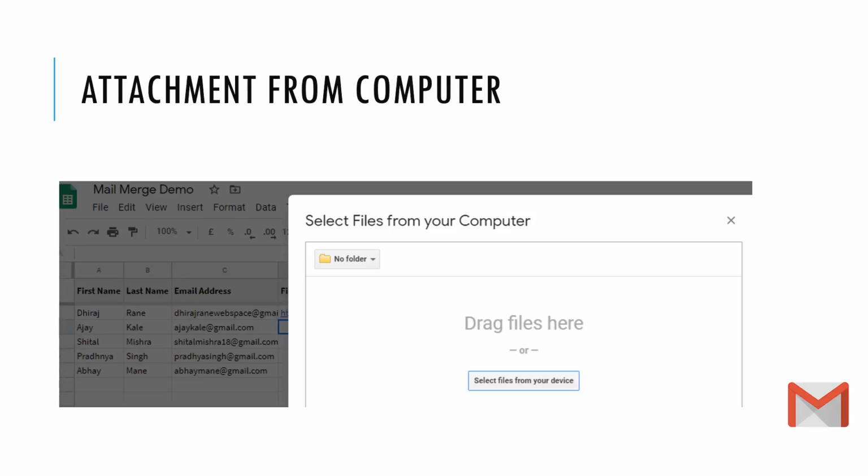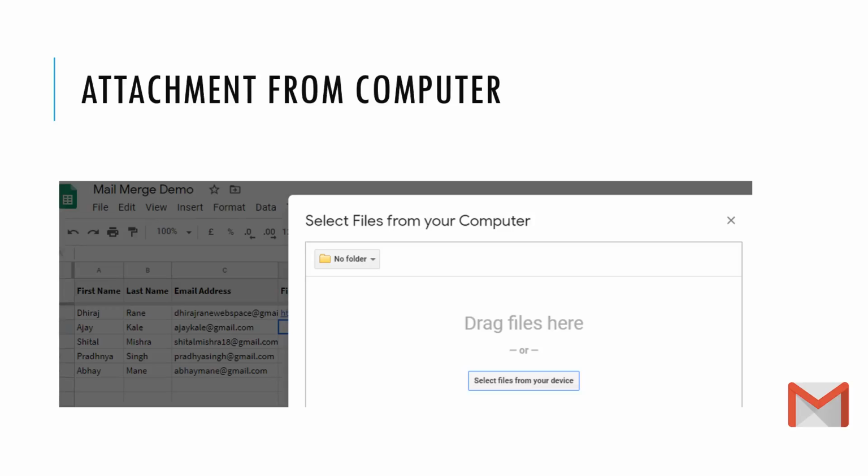The next option is adding single documents from the computer. If I'm selecting the second option, you will get this window, and you can see here: Select file from your device. If you click it, it's a very common idea. It will open a select dialog box, and you can select one of the documents that will get uploaded to the Google Drive. It will generate the share URL, and that particular URL will get added to the Google Sheet. So very simple.